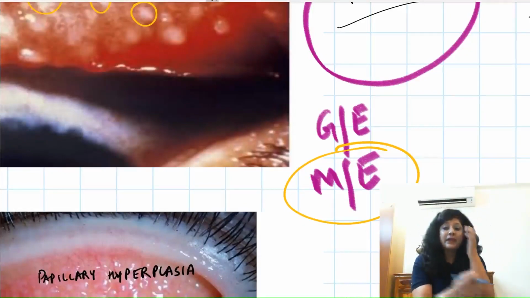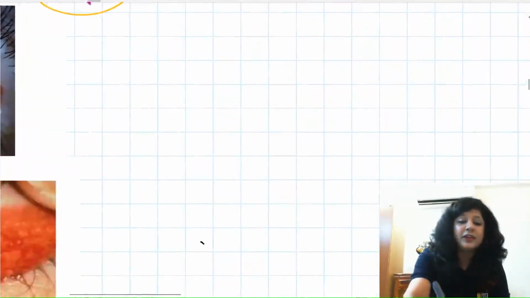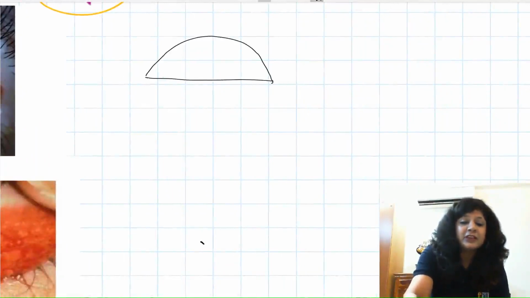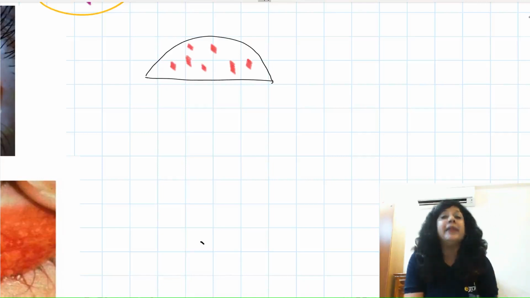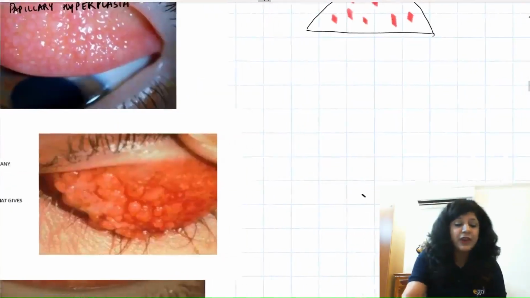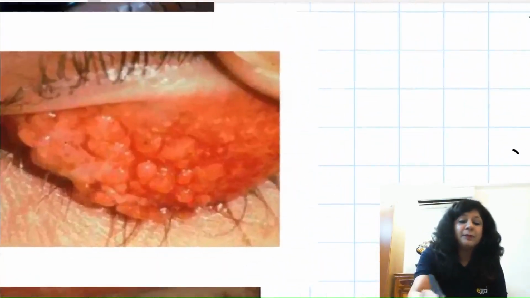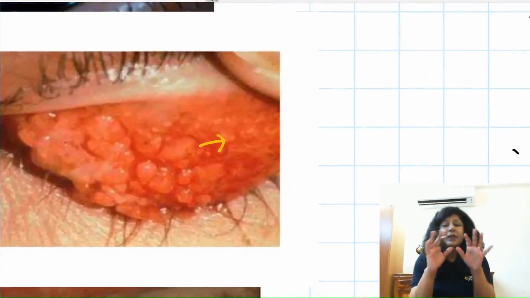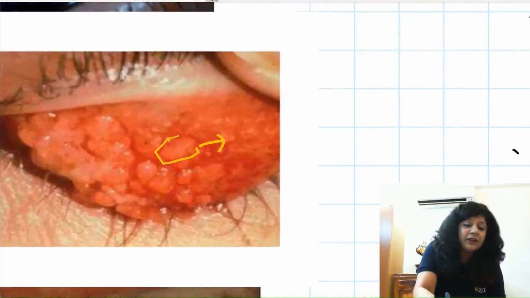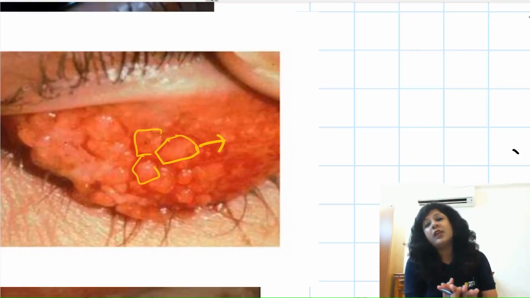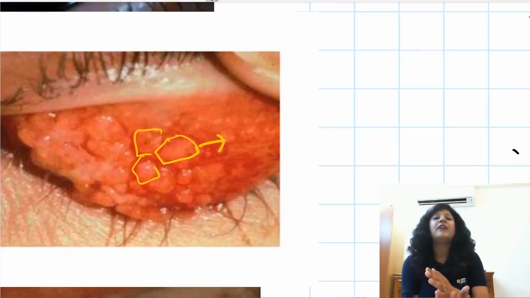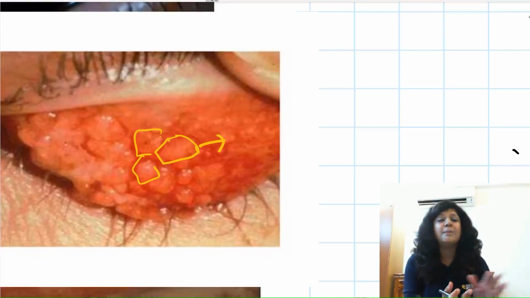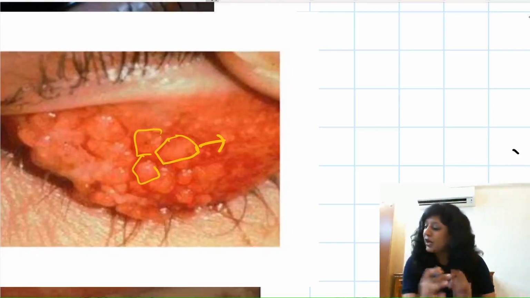Second thing is the papillary hyperplasia. Now first of all, try to understand what is actually the papillae. If you invert the upper eyelid like this, there you will get small blood vessels like this. These are actually called as papillae. So what happens in cases of trachoma, there is lot of hyperplasia in these papillae. They will become reddish, flat topped. Reddish, flat topped, velvet like appearance is present. This is actually called as papillary hyperplasia. So we have the sago grain follicles also, and we have the papillary hyperplasia. Both are present.